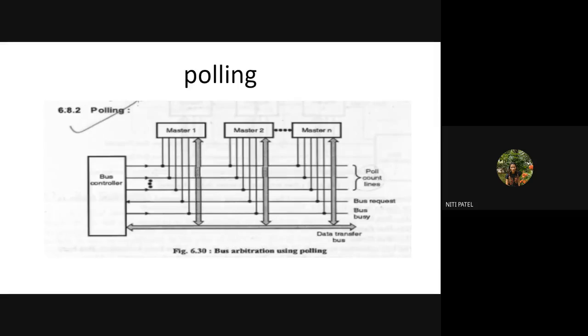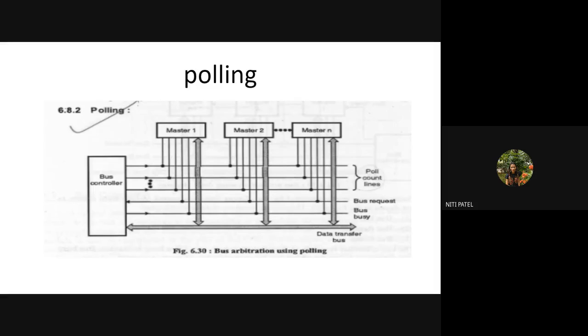So by using these 4 stages of pipelining, or by dividing the instruction into these 4 stages, I can achieve the pipeline. Then next we had started with a topic called bus arbitration. Now what was bus arbitration? To transfer any data from one device to another device, we were using a concept of bus